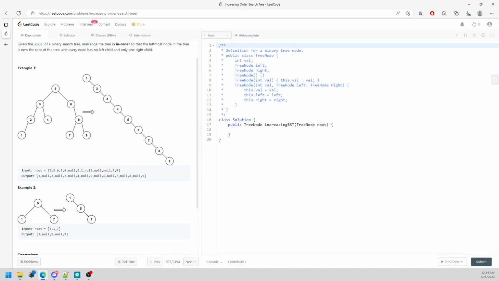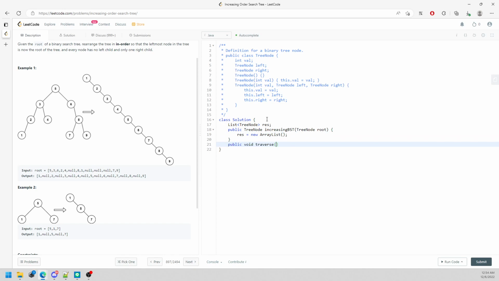Alright, the second solution is pretty straightforward. You're just using the in order method, and then I need to create a list. I need to put every single tree node value into the list, and then when I poll, as I keep going right, I will create a tree node and point it on my right. So I can say list of tree node, I'm going to say result, new array list, and then I will say public void